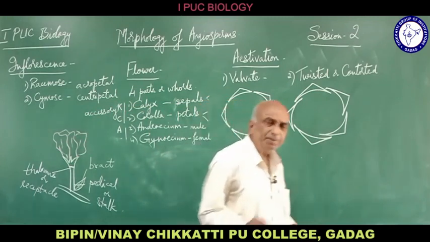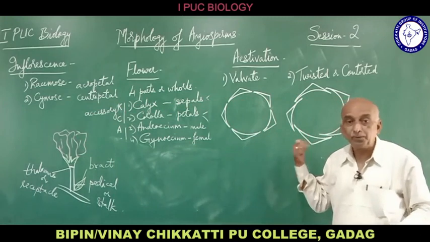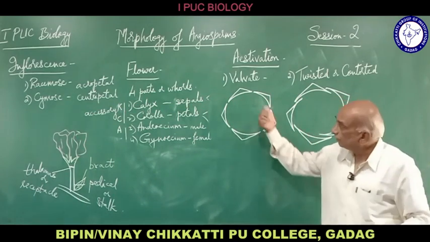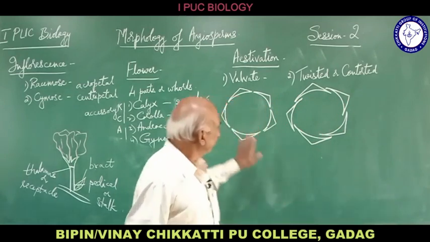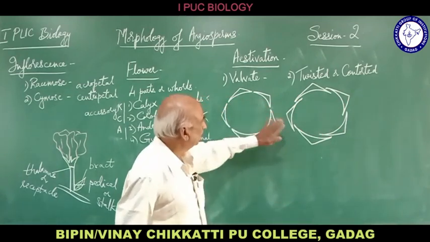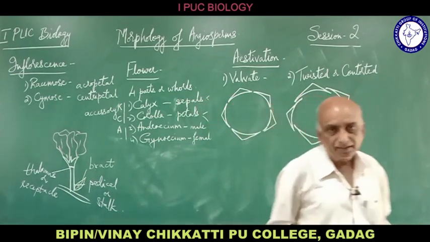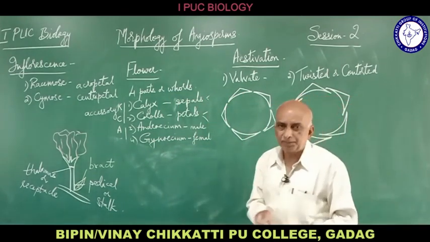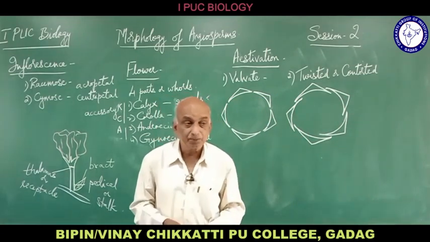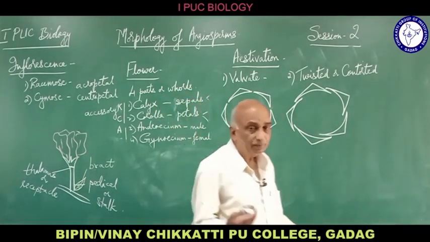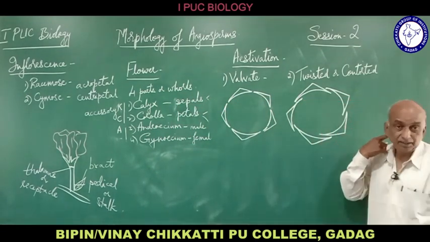Whatever may be the number of petals or sepals, now I am showing only 5 petals or sepals, only 5 parts. We can also draw only 4, or you can draw 6. But usually a typical number taken is 5, because most flowers contain 5 sepals, 5 petals or something like that.